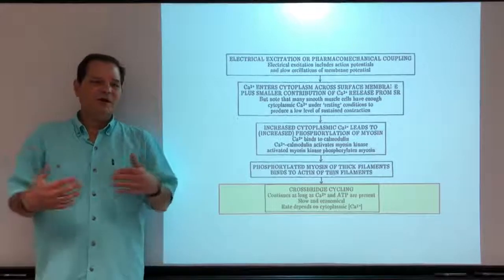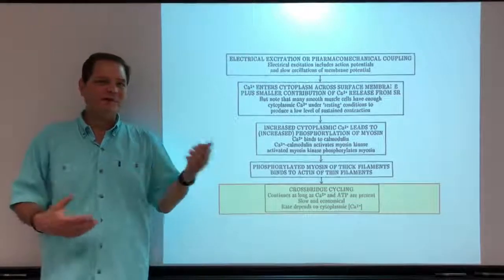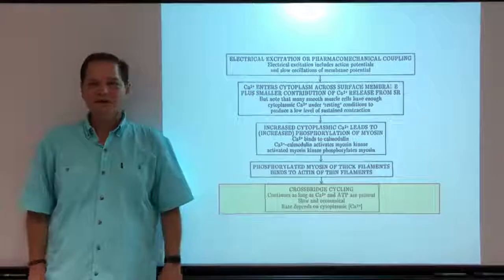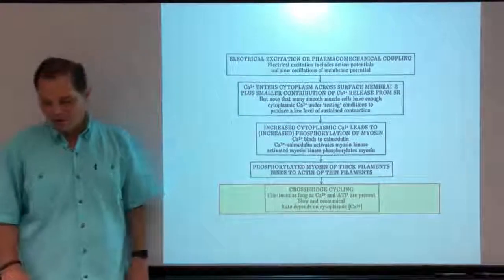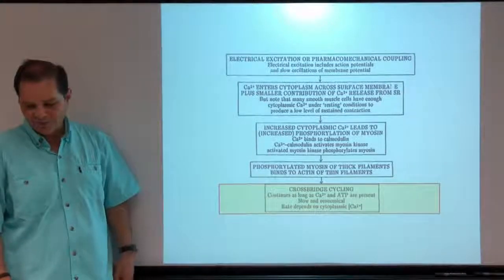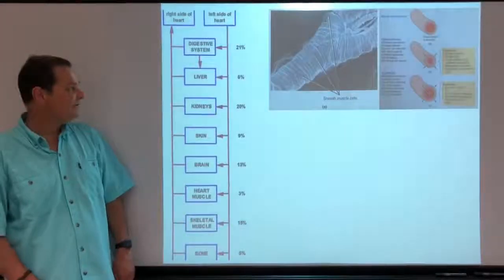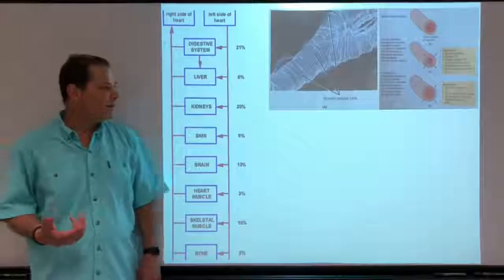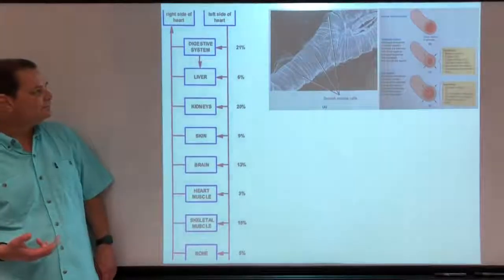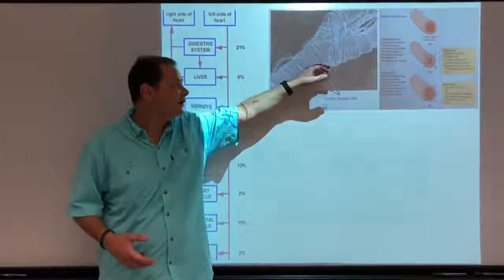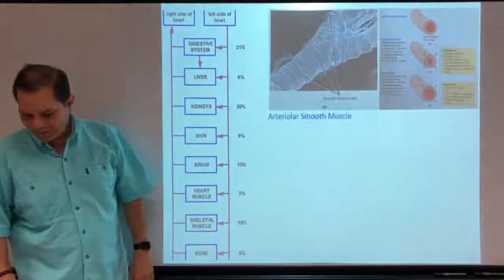Of course, our receptors will feed into that process in various ways, and have various effects depending upon how they feed into it. And the autonomic nervous system was a great example of that. So having said that, let's talk about arteriolar smooth muscle. This is an arteriole here, and